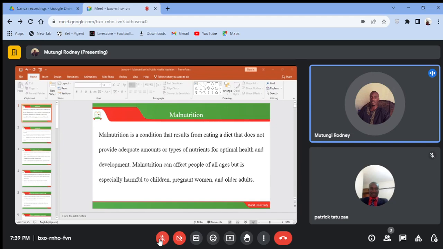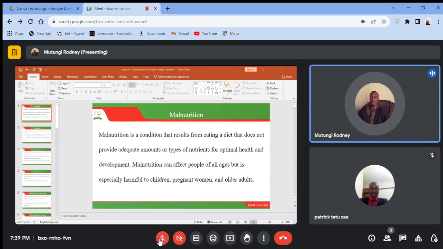Then micronutrition, like I was saying, focuses on those micronutrients like iron, iodine, zinc, vitamin A, folic acid, especially for the pregnant. And we say this folic acid is very essential because it helps in the development of the neural tube, or the spinal cord, in the unborn child. So it is something that needs to be given to pregnant mothers, and it is a very essential micronutrient, especially in the development of the unborn child.